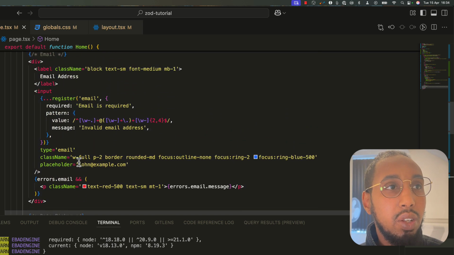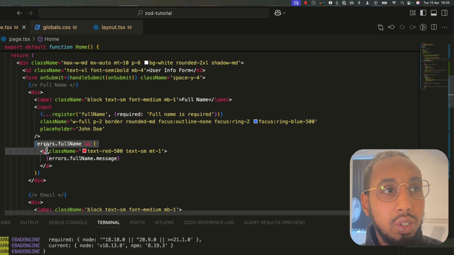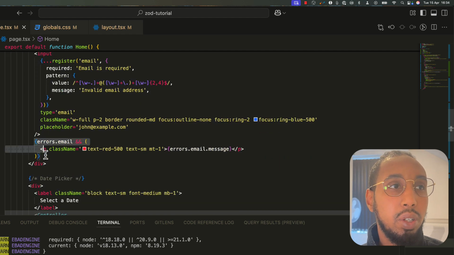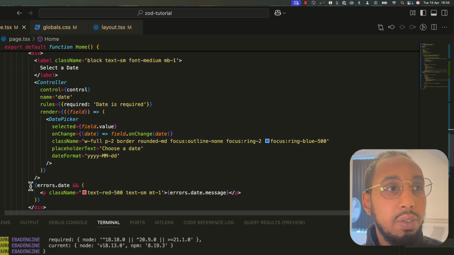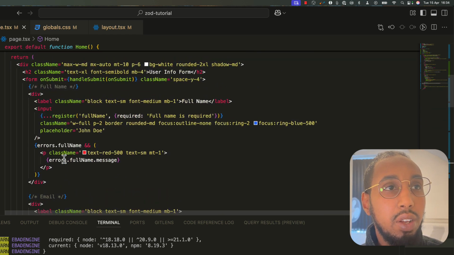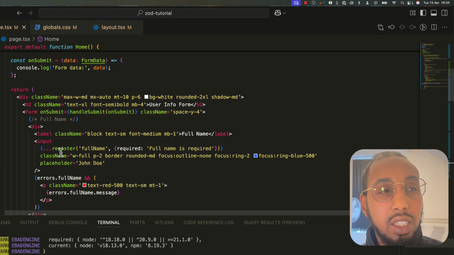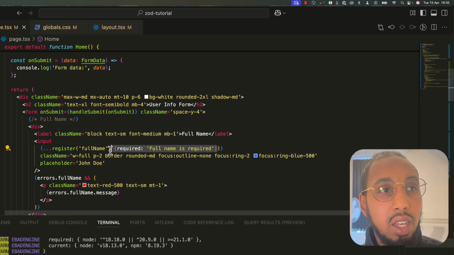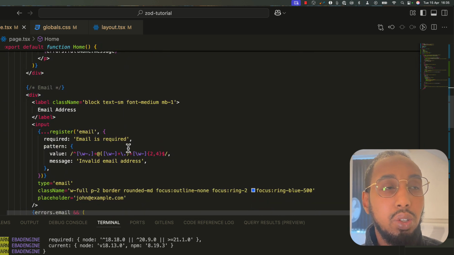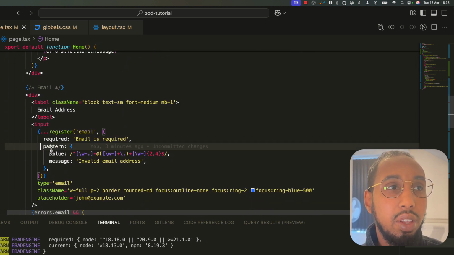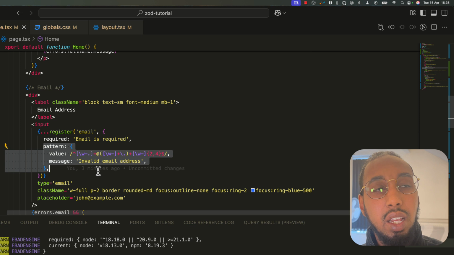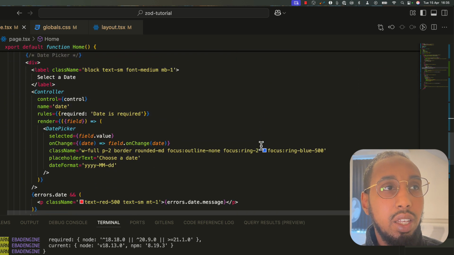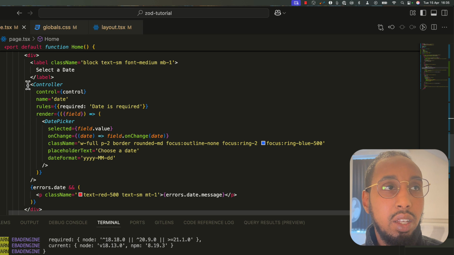Now, one of the things that you notice about this form is that we're also handling errors as well. Any validation errors, we're showing them below as well for all of the different fields. And to handle the different validation errors, we've just passed them into the register function as the second argument, and just told it that it's required. And for the email, we've passed in a pattern that includes a regular expression,